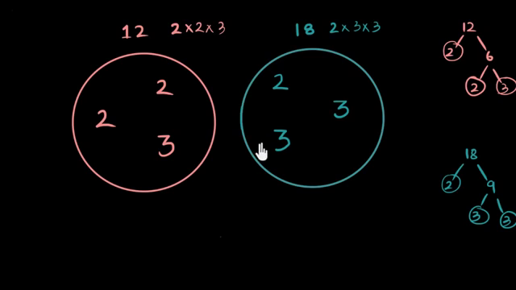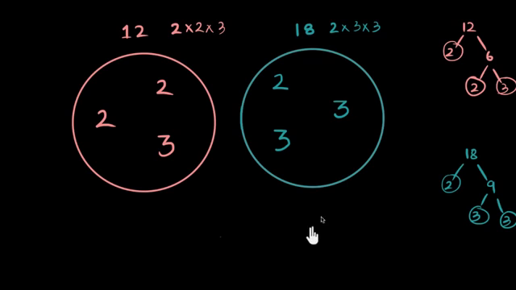Now the question to ask is, if this circle can be imagined to be 12 and these are the building blocks, this is 18 and these are the building blocks, then what's the HCF in this picture? How do you visualize it? Pause for a few minutes if you need to and really think about that. Because if you ask me, I'll say that asking what's the HCF here is exactly the same as asking if I'm only allowed to use those building blocks that are common to both 12 and 18, what's the biggest number I can build? Do you agree with that?